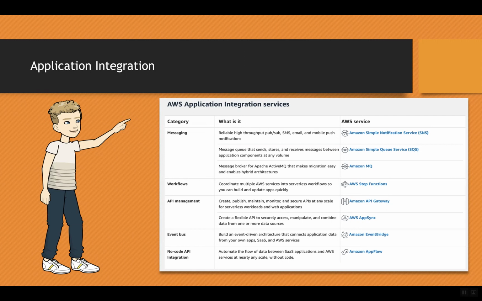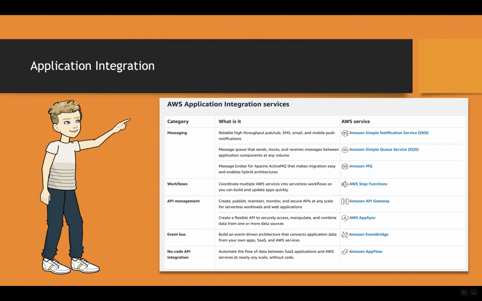Okay, then in application integration, the second category is workflow, which is like AWS Step Functions, which coordinates multiple AWS services into serverless workflows, so you can build and update apps quickly. Then you have API management, which comes from Amazon API Gateway and AWS AppSync. Amazon API Gateway creates, publishes, maintains, monitors, and secures APIs at any scale for serverless workloads and web applications. AWS AppSync creates a flexible API to securely access, manipulate, and combine data from one